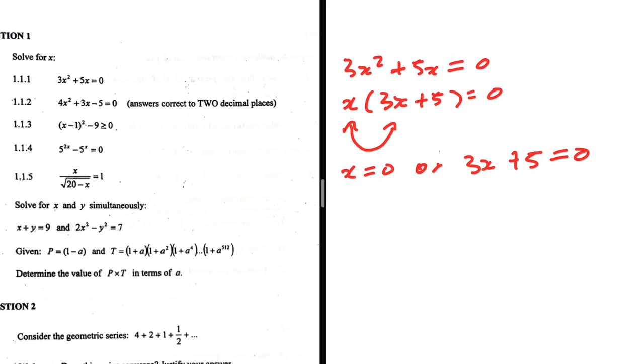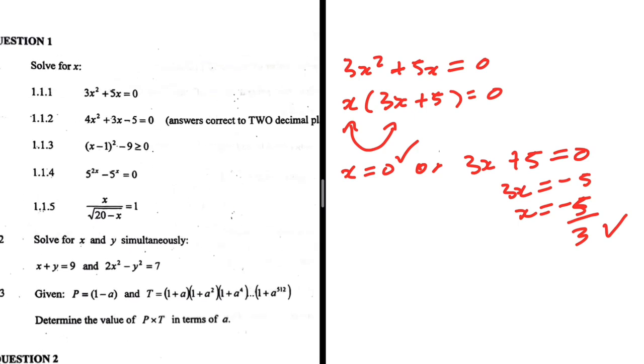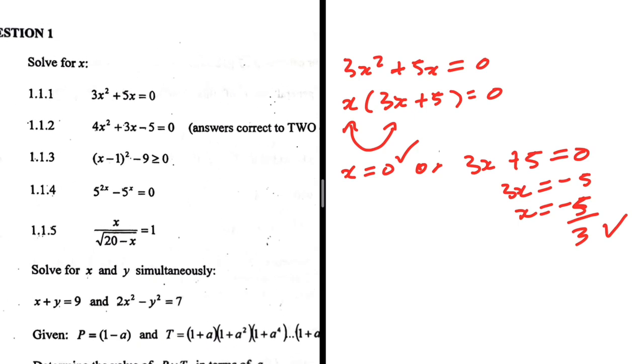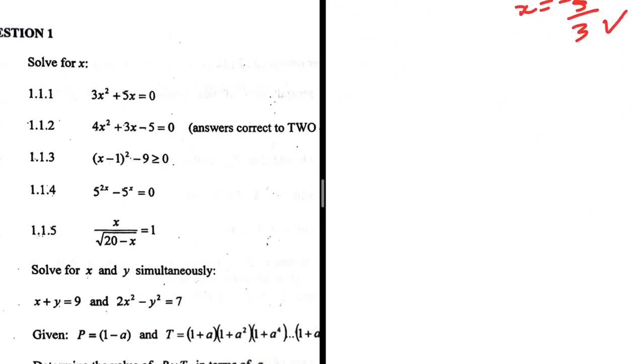So on the right hand side, we're going to then have 3x equals minus 5. So x equals minus 5 divided by 3. These two answers will be true for 3x squared plus 5x equals 0. So that is the first question, 1.1.1. Let's go ahead and take a look at